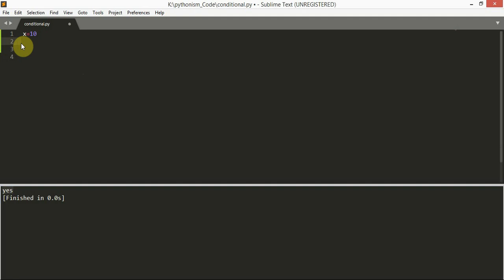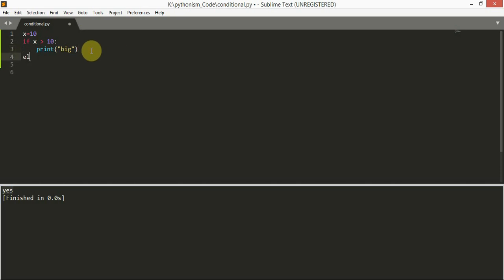Let the value of x be 10. First I'm checking whether x is greater than 10. Then it prints big.